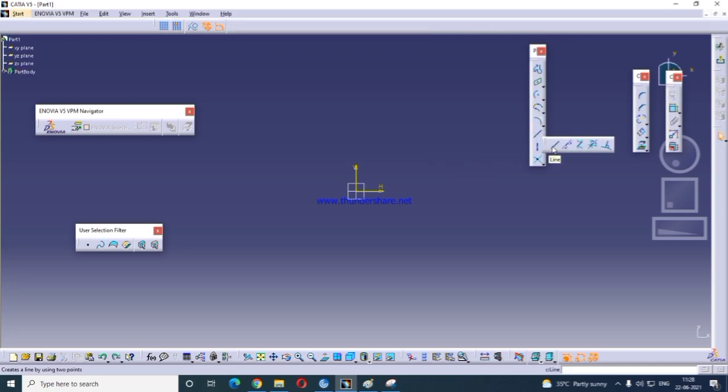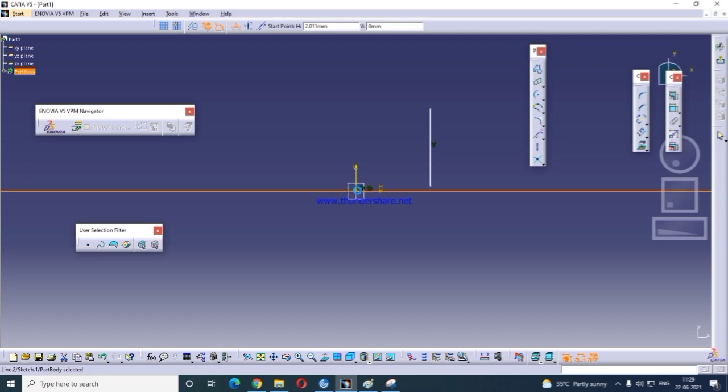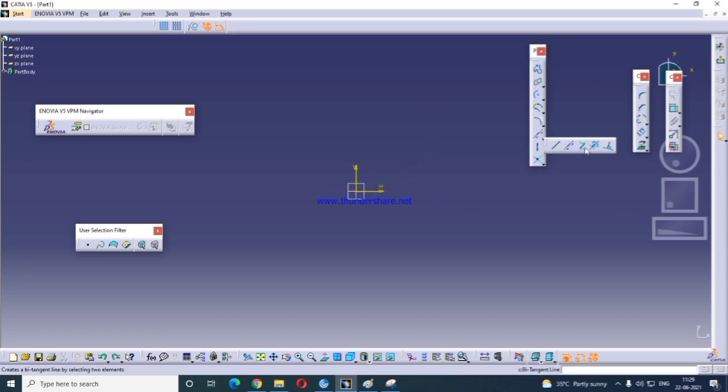And then the line options. You create a line using this. Then Infinite Line, you create it here. Bitangent Line is, if you have 2 lines or curves, you create a bitangent line like this.